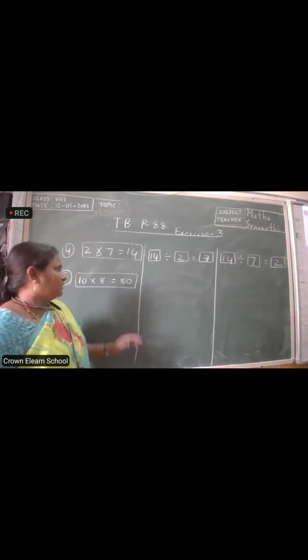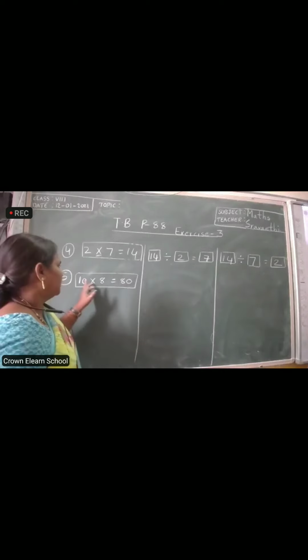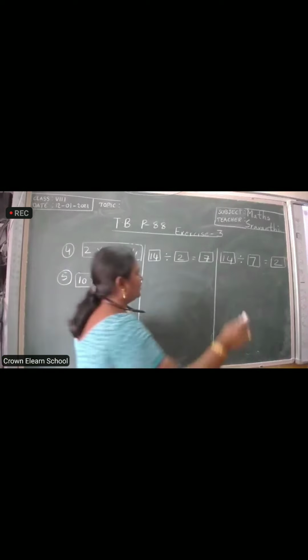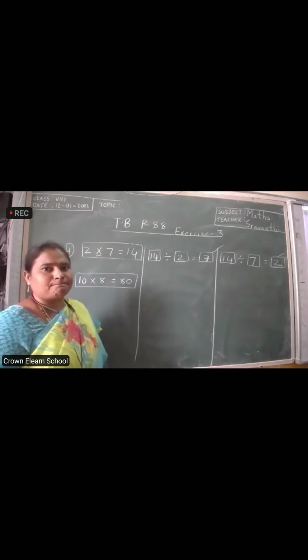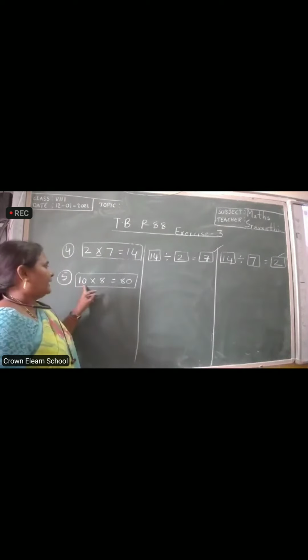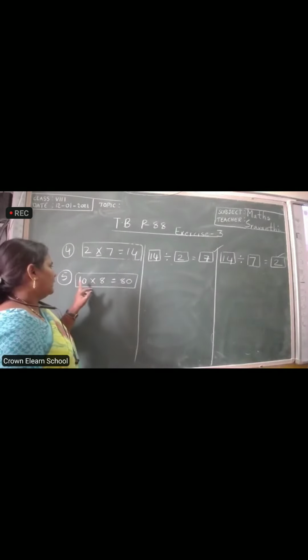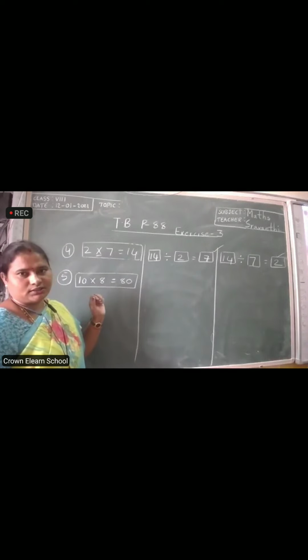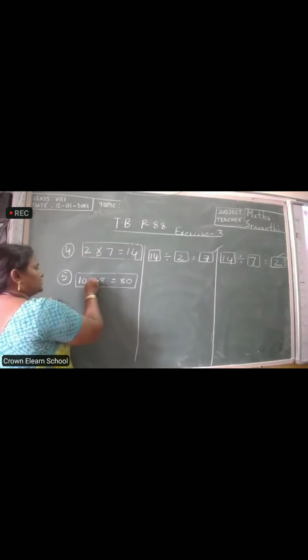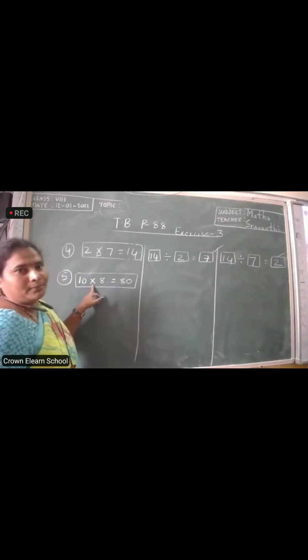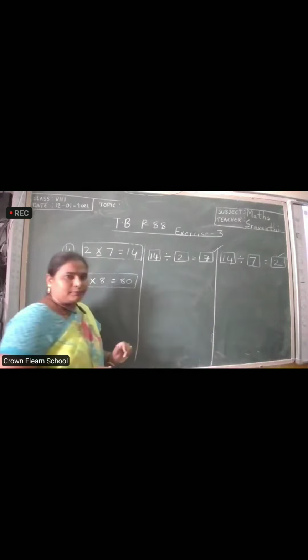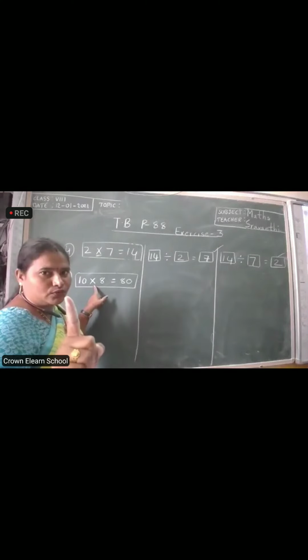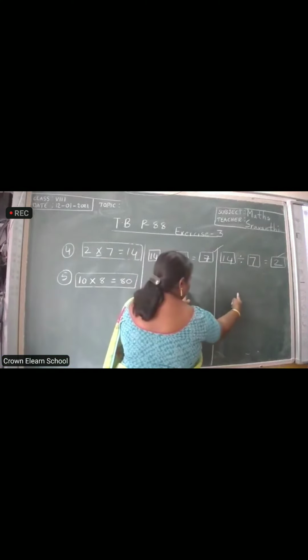Okay, ma. Will you write this? Fifth one. If it is correct, you put a tick yourself. Your answer is correct. Okay? Next. 10 8s are 80. You can see here the multiplication symbol. This multiplication form, we have to change into division form. I said before, for one multiplication form, we will have 2 division forms.